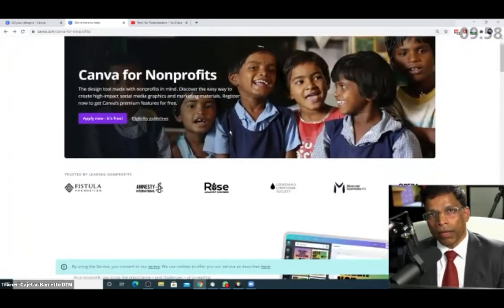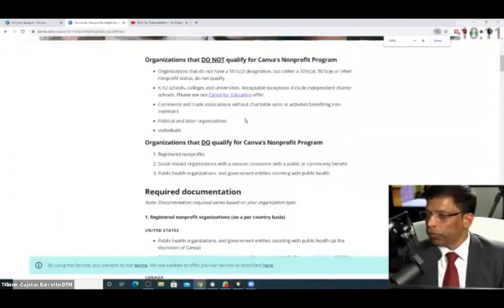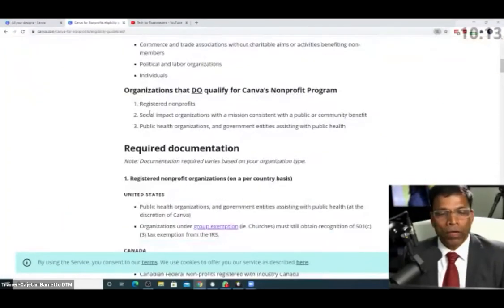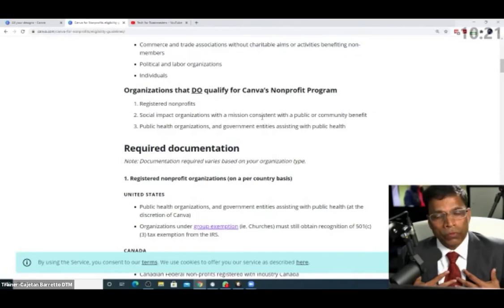And you can apply. And I applied as a Toastmaster, as a division director. And I said, hey, I do all this work for community. Can you give me a pro version of Canva? If the organizations that are registered as nonprofit as Toastmasters and those who provide public and community benefit as we do, if they review your application and find it useful, they may give you that free account. And when they give you this, it's not just for one person, they give it as a team. So I could share mine for up to 10 people.